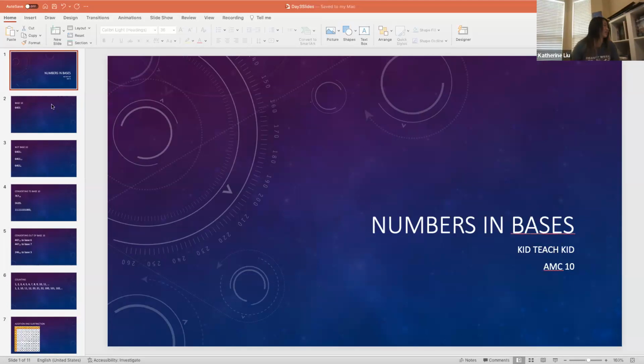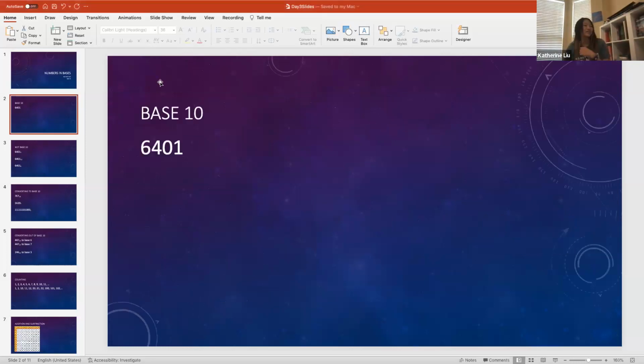So let's go. So everyone knows base 10, I hope. Even if you never heard of the concept of bases before, you at least know that this number, I just gave you an arbitrary number, you know what it means, right? It means